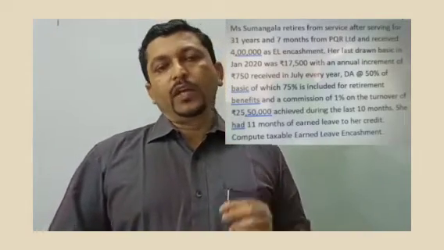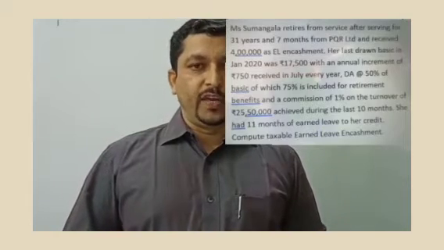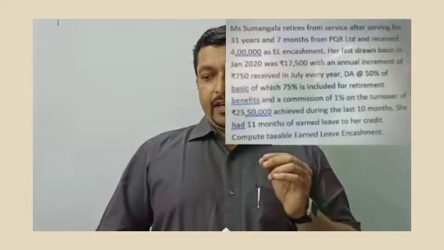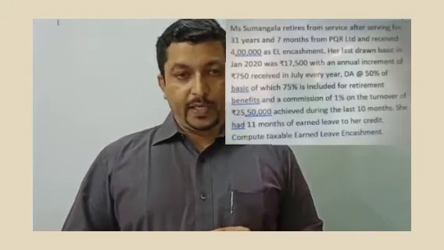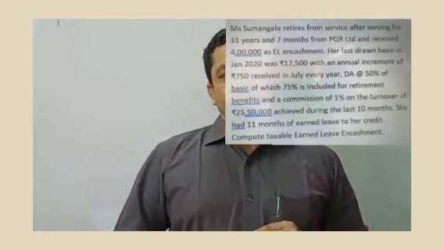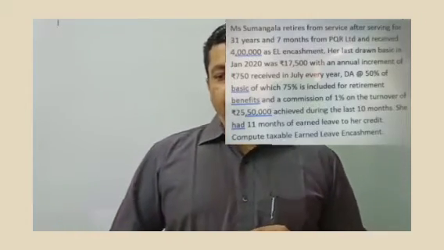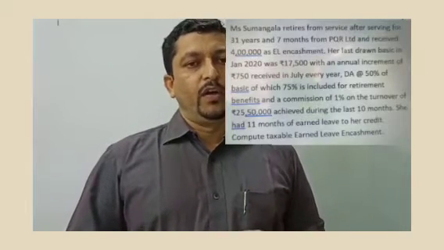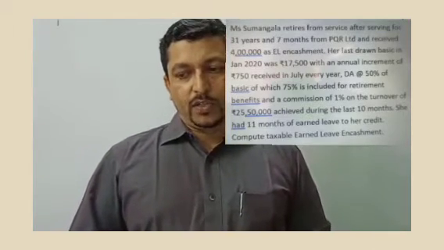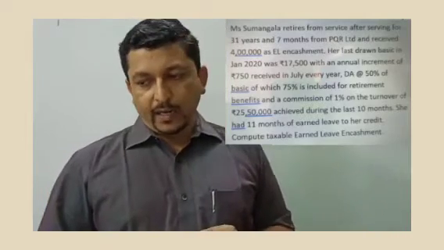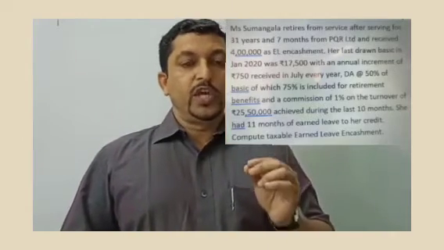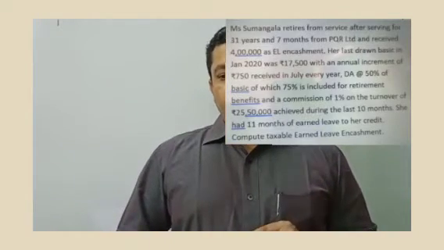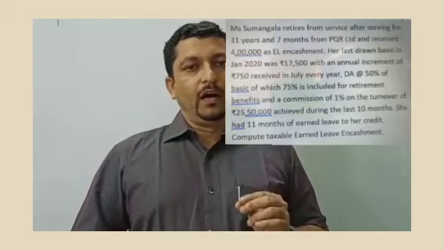17,500 with an annual increment of rupees 750 received in July every year. DA is given at 50% of basic, of which 75% is included for retirement benefits, and a commission at 1% on the turnover of rupees 25,50,000 achieved during the last 10 months. Also, she had 11 months of earned leave to her credit. We need to find taxable earned leave